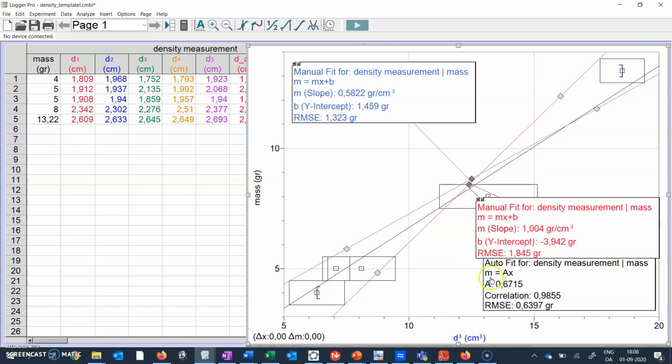Okay. It seems kind of okay. Maybe it's a bit imprecise, but probably not too much. All right. And therefore, now I have all the numbers I need. I have the minimum slope, 0.5780. I have the best fit slope, which is 0.6715. And I have the highest possible slope, which is 1.004. All right,